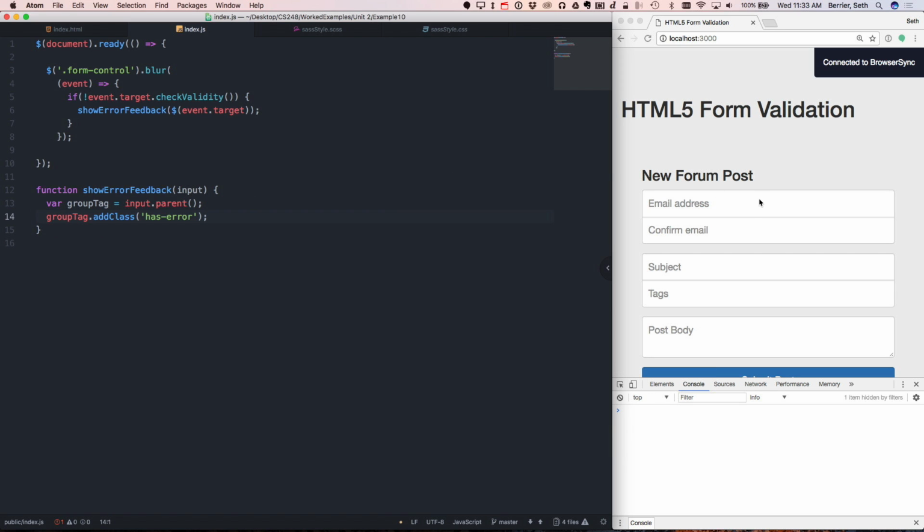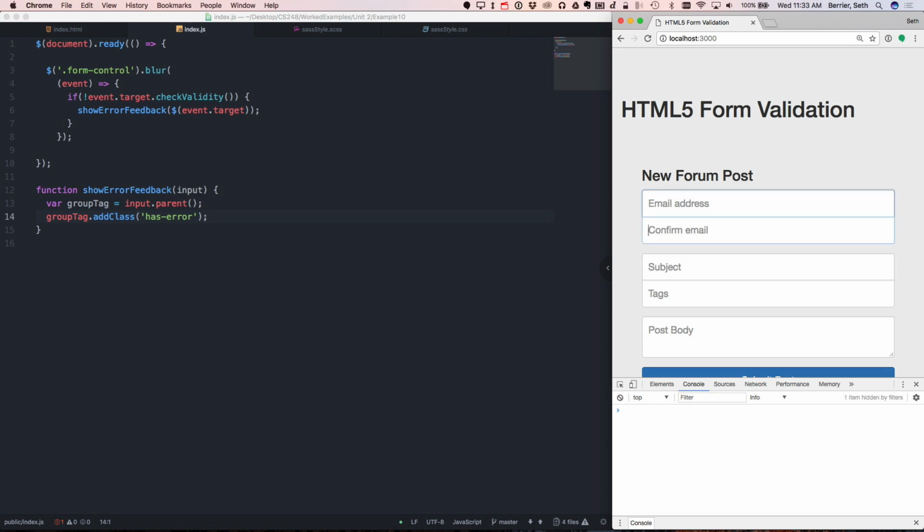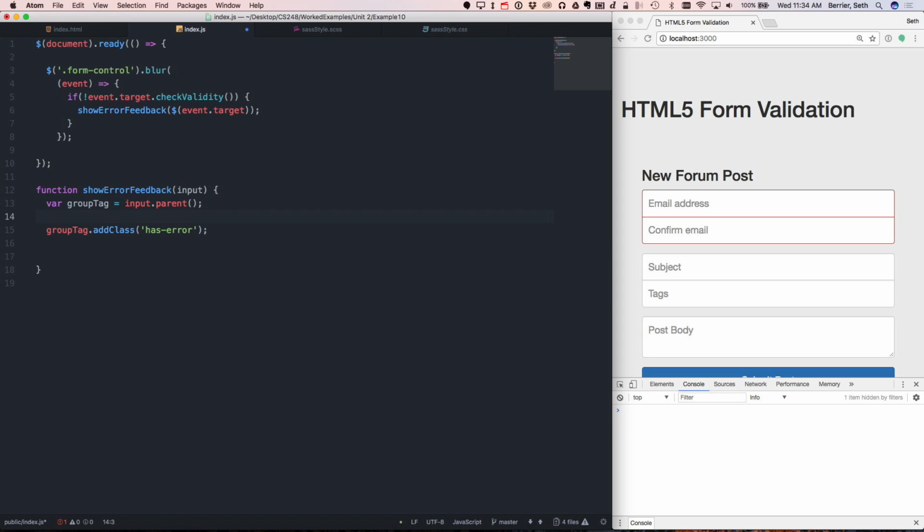And so let's go ahead and save that. If we click into here and move out of it, there it is. It has now received that feedback that shows it has an error in it. That's a big deal. So this gives us the ability to mark something as having an error. Let's go a little bit further. From this group tag, we should be able to find the proper child. We can say, we'll call this the